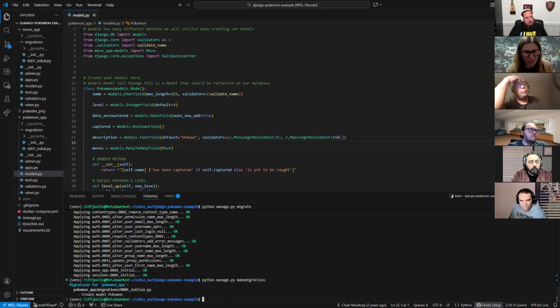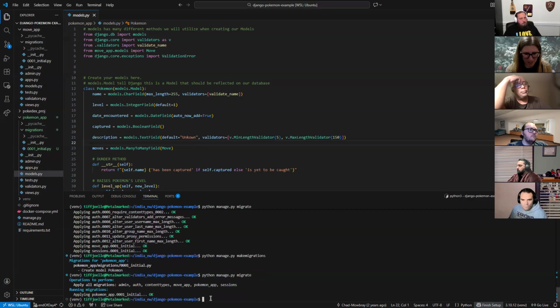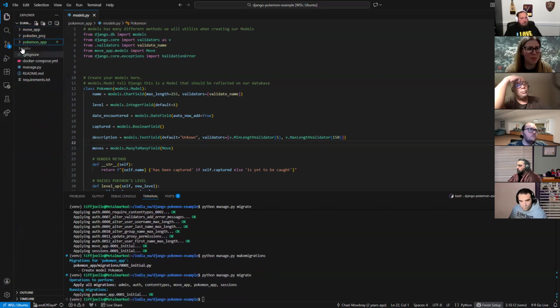We can see it's set up now, the Pokemon model. We can see in our migrations folder, now there's an initial one for the Pokemon model, and we're going to push that into the database. Okay, good. So this is only what you have to do, extra steps, if you choose to pick up where I was supposed to leave off from Saturday